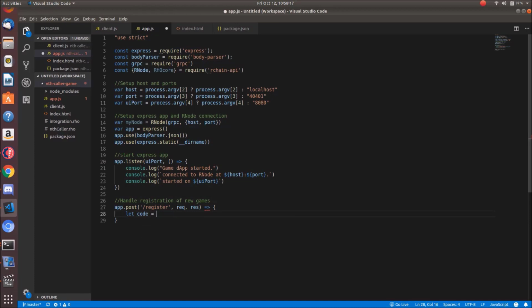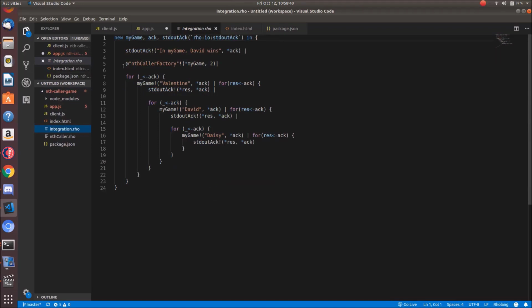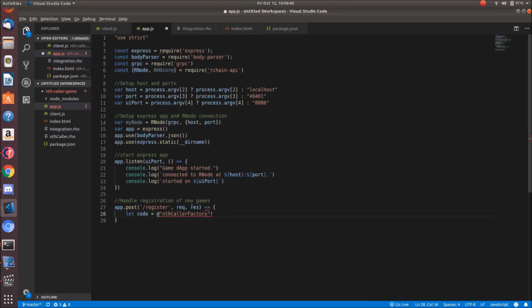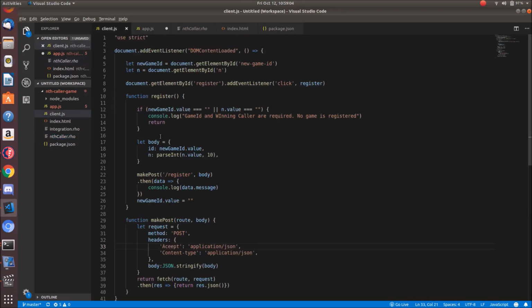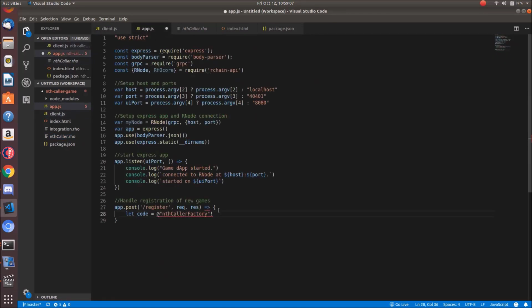I'm going to say let code be equal to nth color factory. What we're doing here is an actual send, similar to the send that we did in the integration.rho file. So we're saying nth color factory,